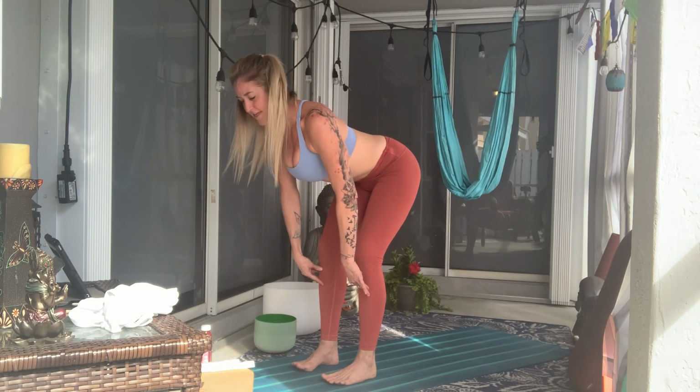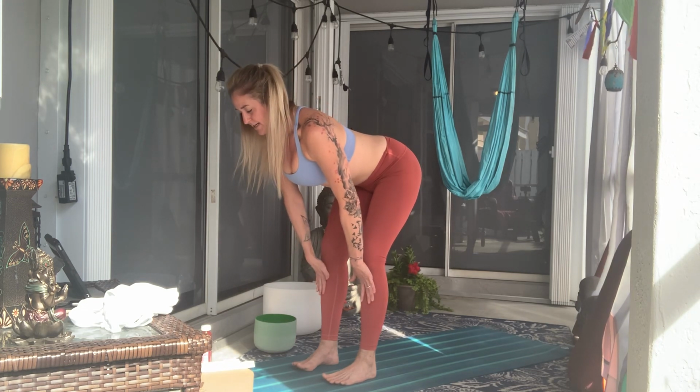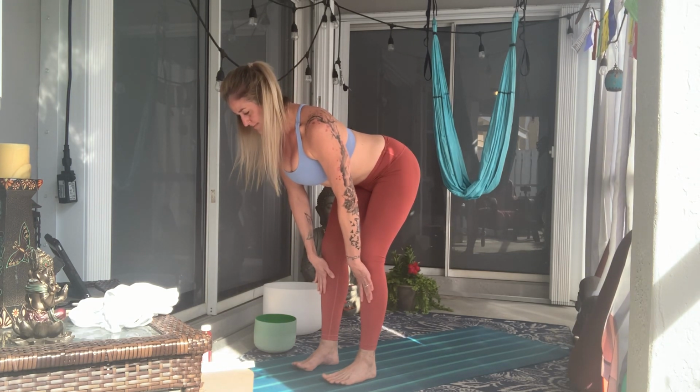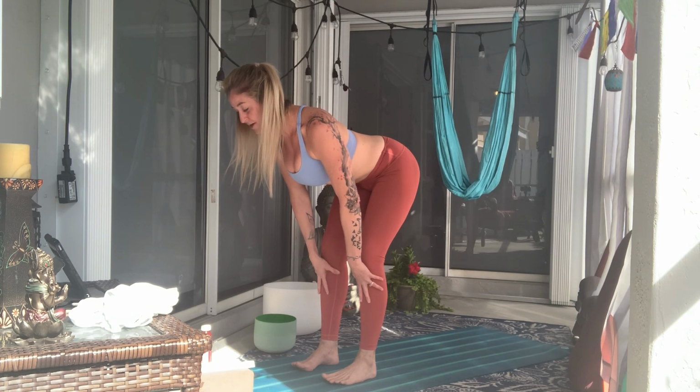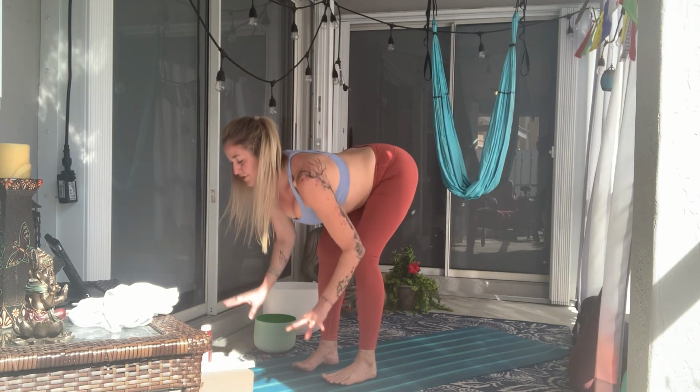Take a nice deep breath in. And then a long exhale out. Really try to lengthen the spine. And let's stay here for one more breath in. And exhale, fold all the way